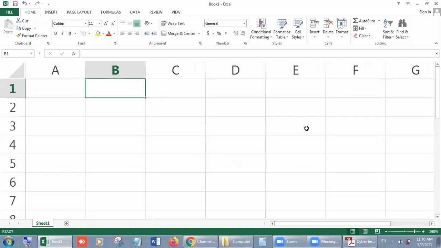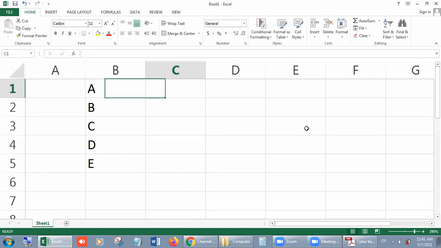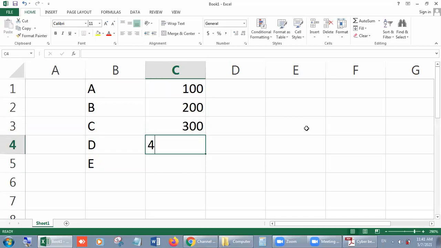Suppose we have some names. For the sake of saving time, I will use only one letter names, A, B, C, D, E. Suppose we have 5 names, right? And we have some numbers as well, 100, 200, 300, 400, 500, and anything else which you want.